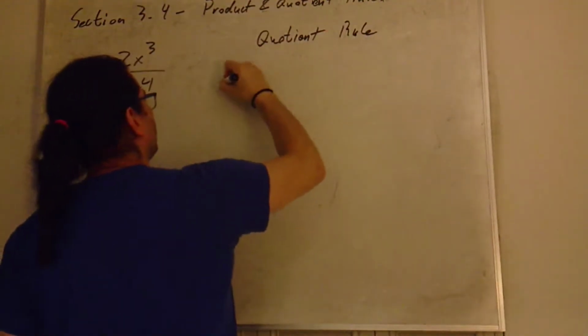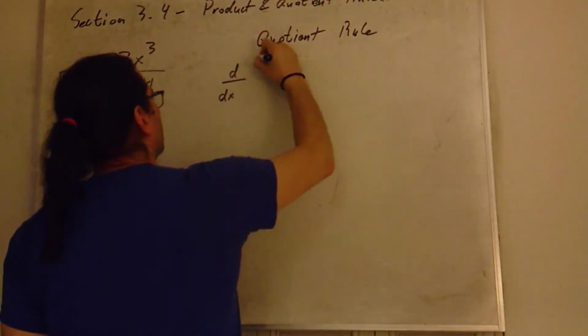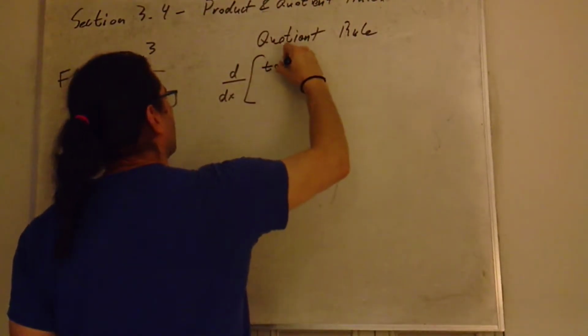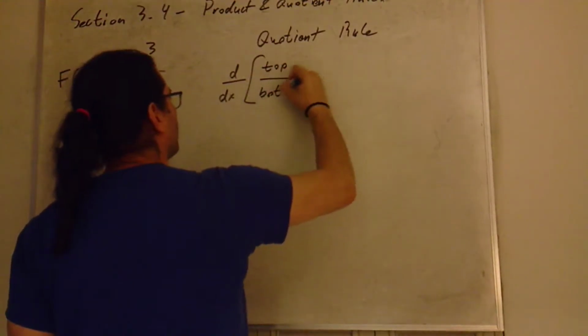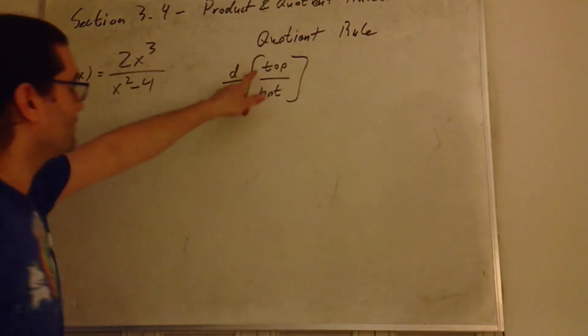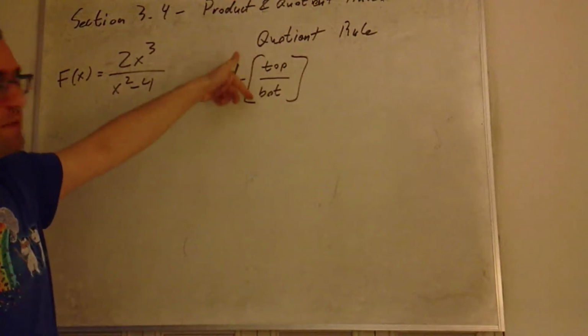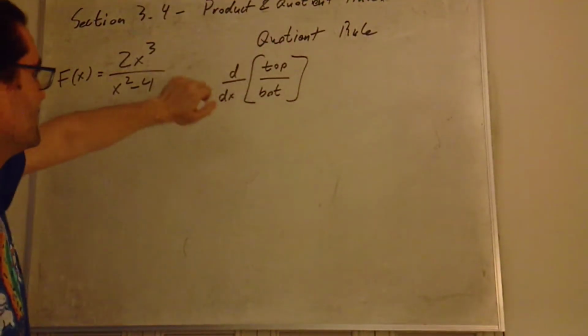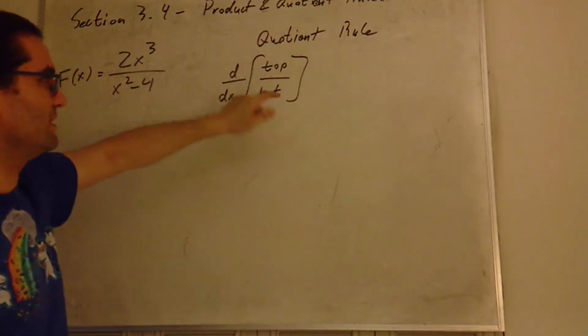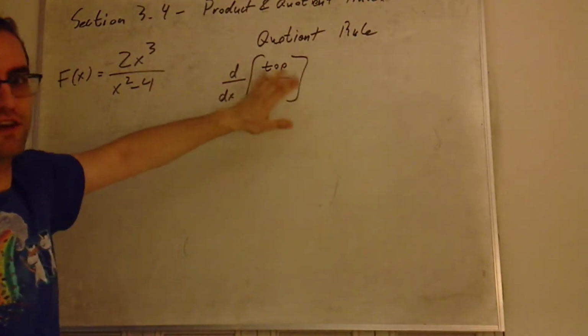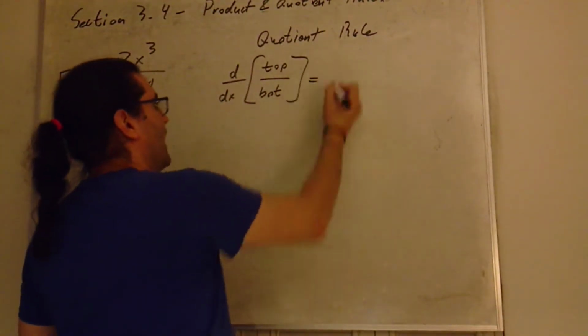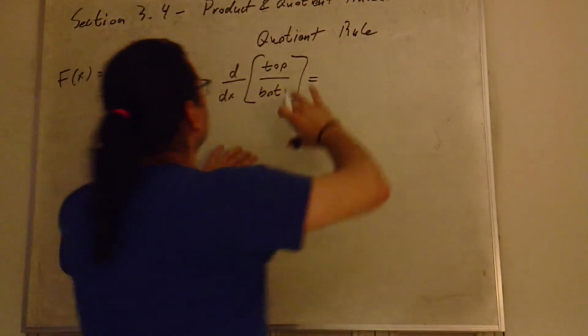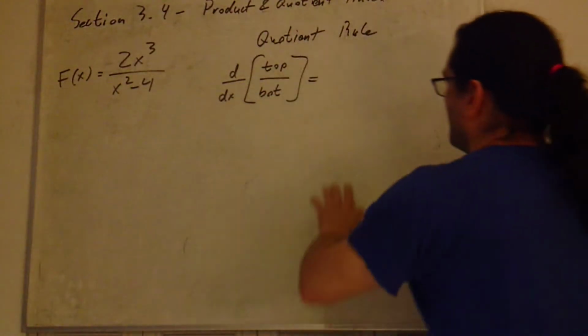The derivative of the top over the bottom. So this is the derivative of a quotient, and again, top and bottom are sort of my personal symbols for this. Like when the book does it, I think it uses like f of x and g of x, and I like the words top and bottom. The derivative of the quotient, top over bottom, means